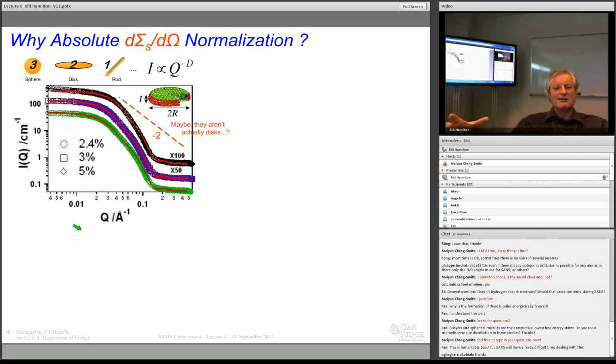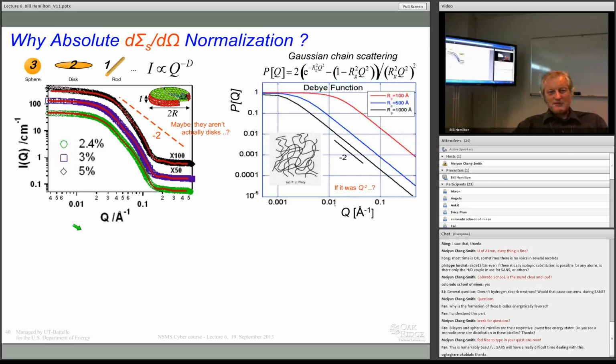They're not quite big like quarters. You'll find quite often that membranes aren't like flat sheets. They tilt up, so you're not looking at Q to the minus 2, you're looking at Q to the minus 2.5. So then, if it had been the Debye function, why would we have said that somehow the bicelles weren't forming some kind of weird chain-like structure which would align